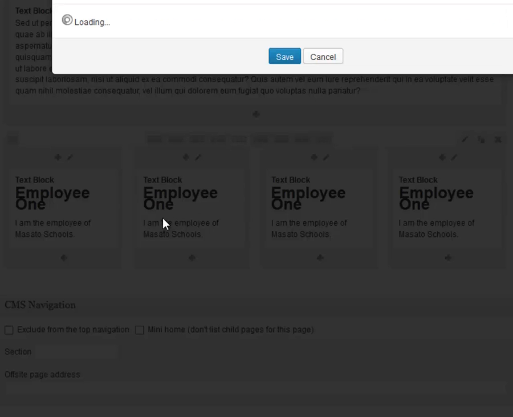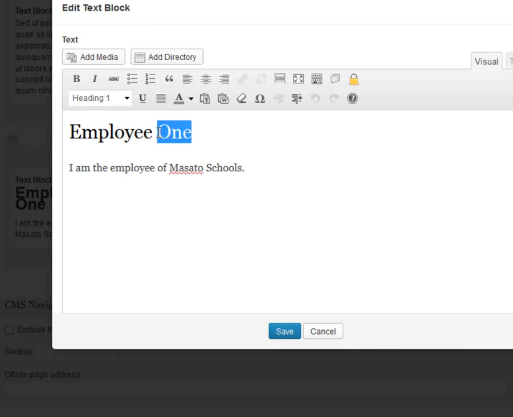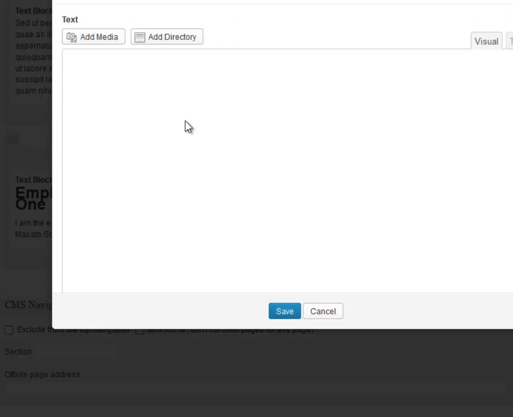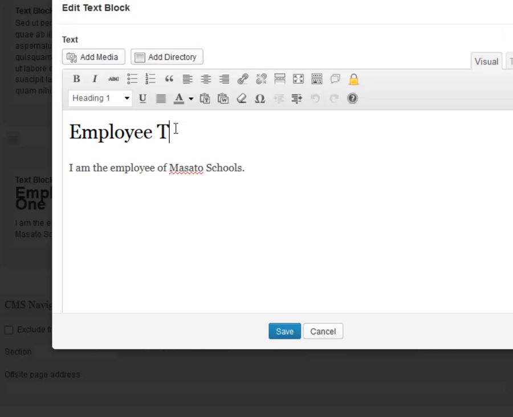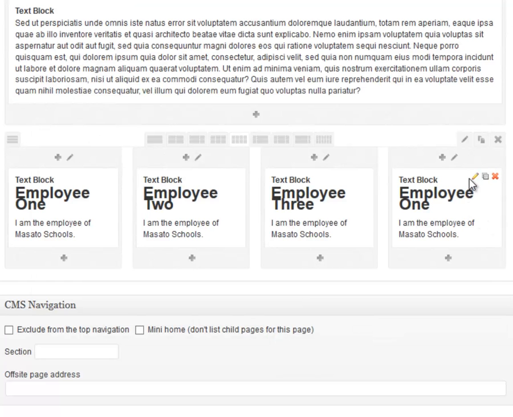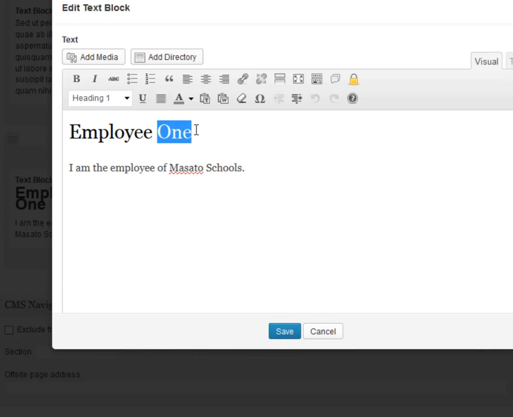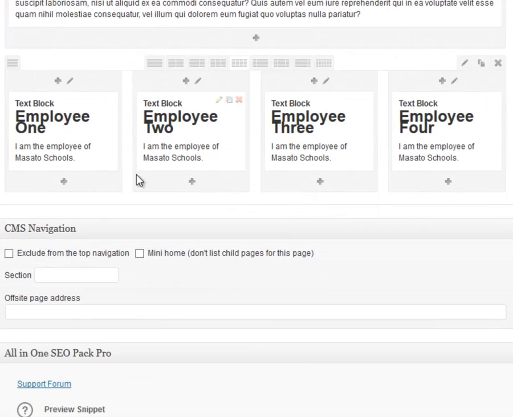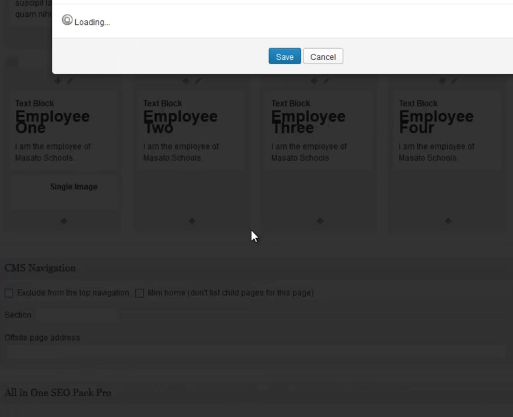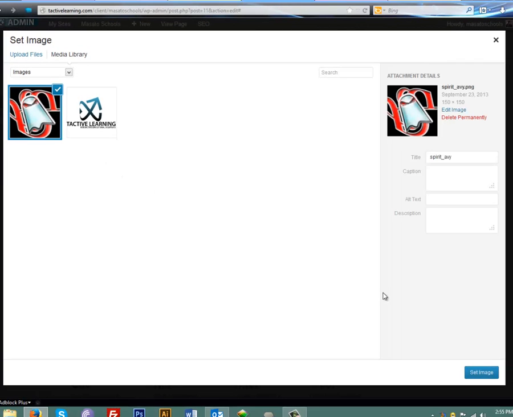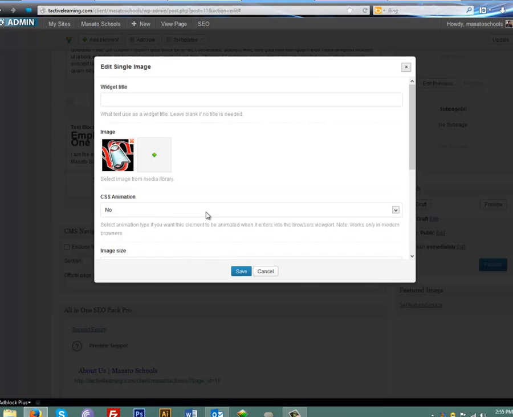Okay, I'm just going to edit these so it makes a little more sense. Employee 1 is now Employee 2. This one will be Employee 3. And this one will be Employee 4. Alright, awesome. Now that we have a list of employees, we need to give them some pictures, right? So we add a single image. And I already have an image already uploaded for this. Of course, you might want to